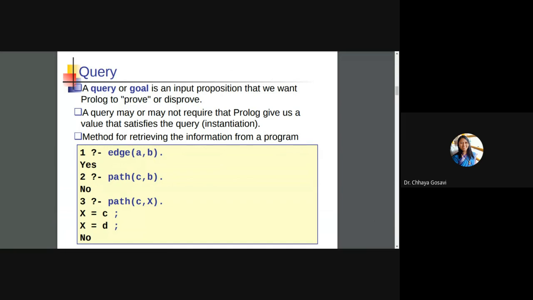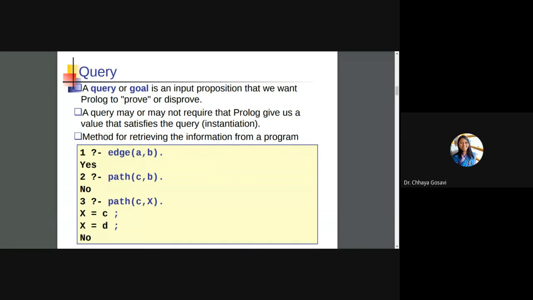For that, we are using queries or rules. So a query or goal is an input proposition that we want Prolog to prove or disprove.